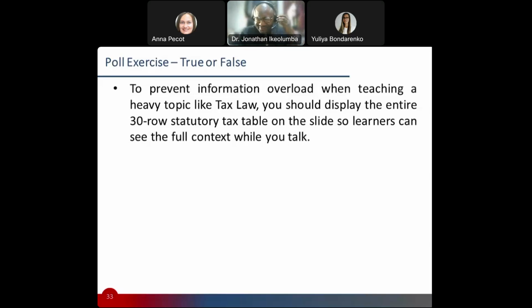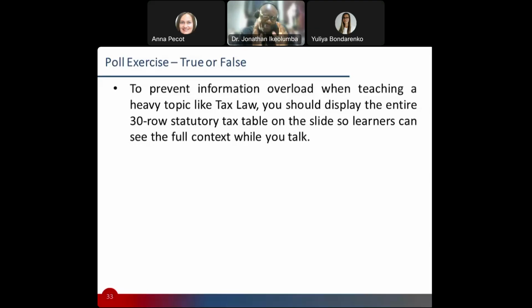Okay, I see no, false, no, false, no. Funto and Ngozi say no, put it in the appendix. False, false, false. Chinedu says yes, so there's one. Gbenga says it will cause information overload. I'm happy that the general view of the class, in the previous poll and in this one, reflects the correct answer. Again, avoid putting your learners in a situation where they have to do a lot of memorization. You want to be very careful about that.